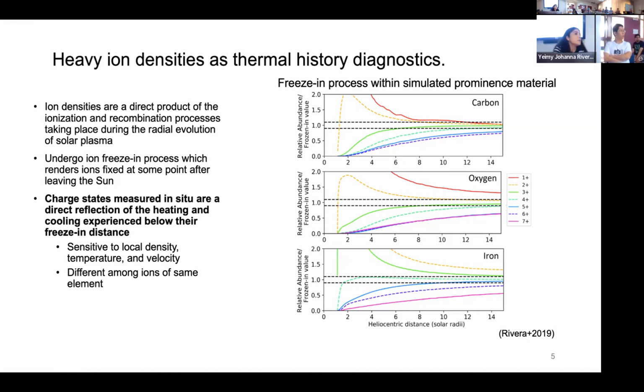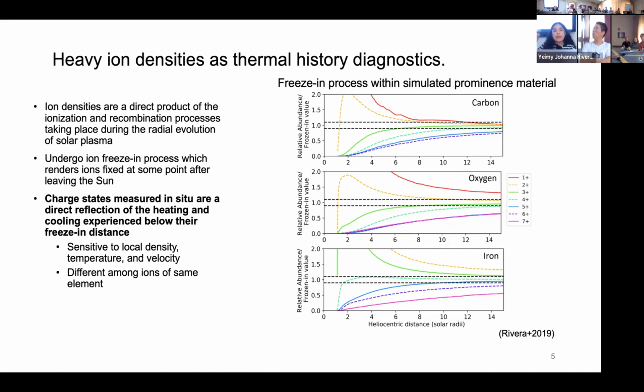That freeze-in is related to the plasma. Yeah, exactly. Because the ionization and recombination are driven by collisions with electrons. You have some ionization effects from other sources; these are pretty minor if you're just looking at solar wind. In a CME it's a little bit more important, but generally collisions with electrons is what drives ionization and recombination. And so once your plasma becomes collisionless, it's no longer happening. It can no longer happen at a time scale that's fast enough.